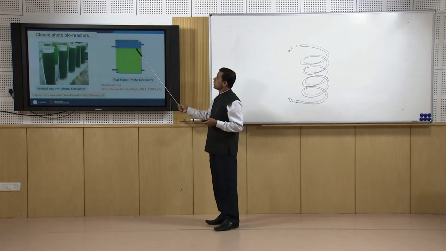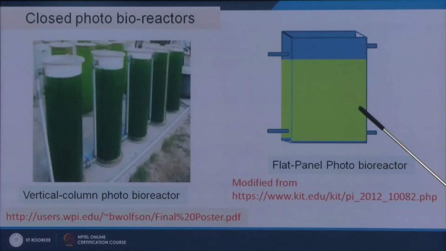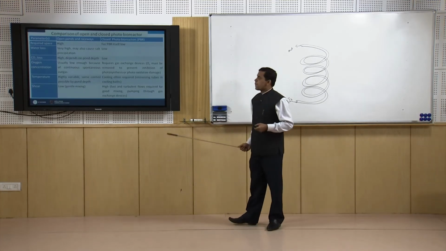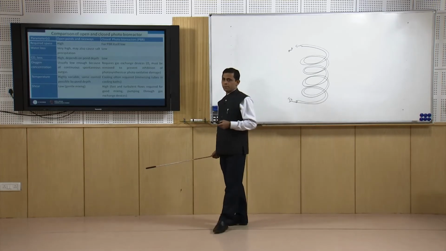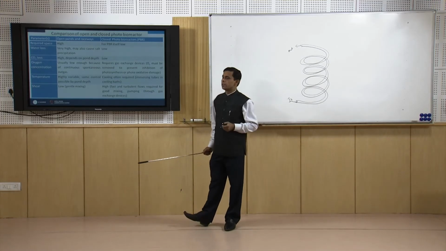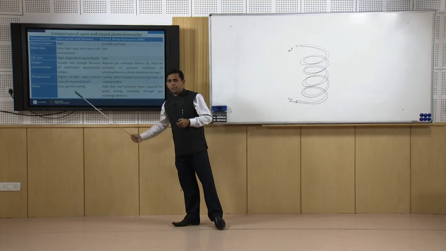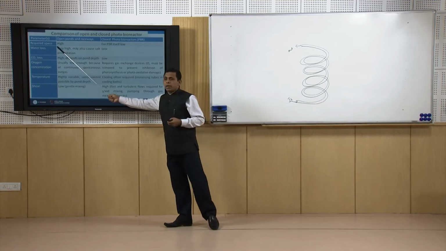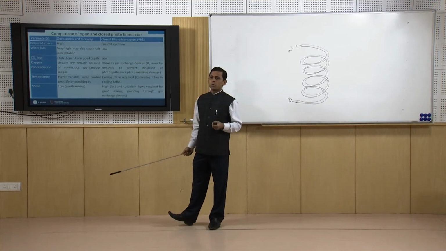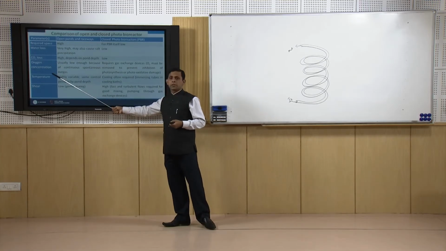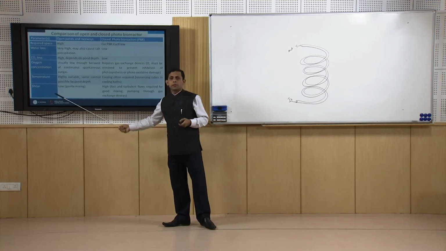This is a flat panel where the media is kept and algae is grown, and after a certain time it is separated and harvesting takes place. Now, if we compare the open and closed system photobioreactors, then we will see they are very different in nature. So, if we fix some important parameters for comparison, say space requirement, that is very important, whether water loss, carbon dioxide loss, oxygen concentration, and then temperature, whether there is any shear,